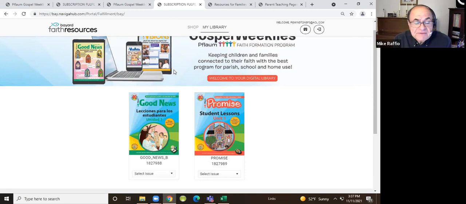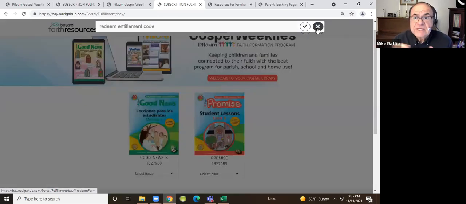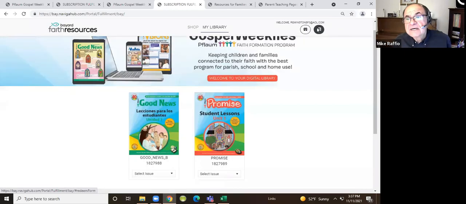And they would be able to, for example, if I was to give this parent another code right now, you'll notice the little gift box is still up there, and they could click on that and put in another code, and they would go to Venture or whatever it is. So they definitely can be given additional material. If for some reason they register a child late, and I know it's a little late in the year, but in a lot of places people are still registering late, you can add them again by contacting your Pflaum sales representative. They'd be happy to help you with that.